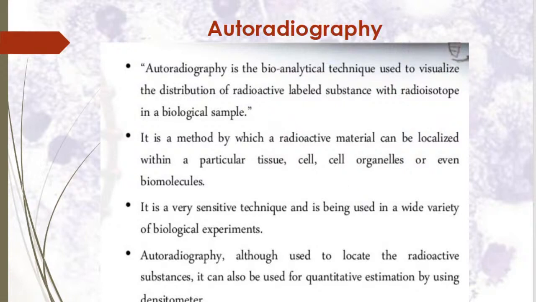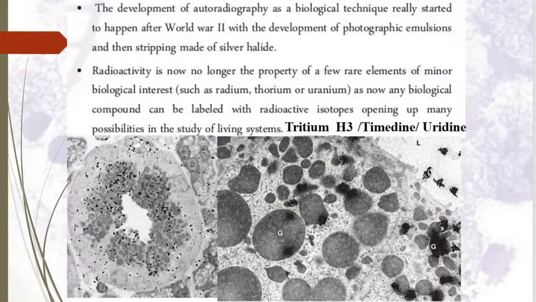It's a very sensitive technique because it shows us the level of biological processes, for example biosynthetic processes. We can identify the level of biosynthesis, the process of biosynthesis of protein,